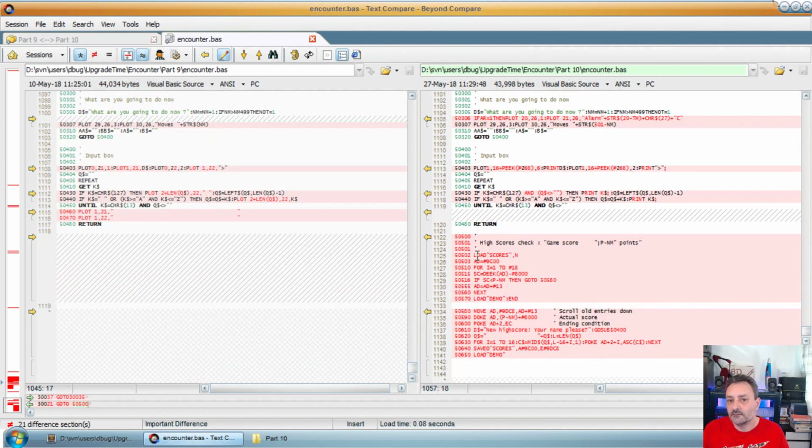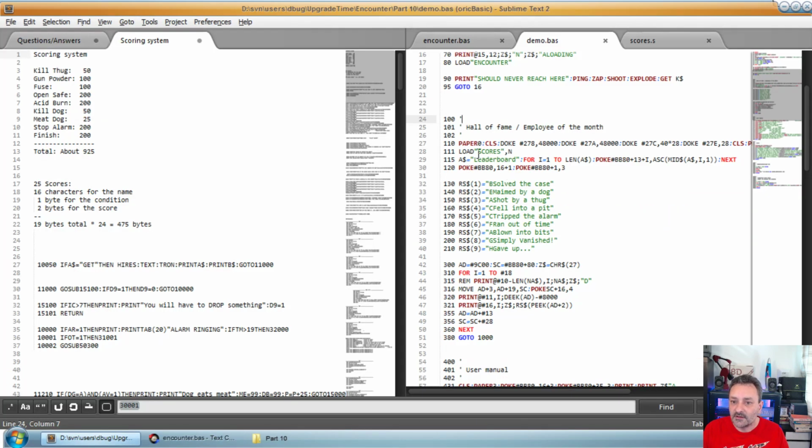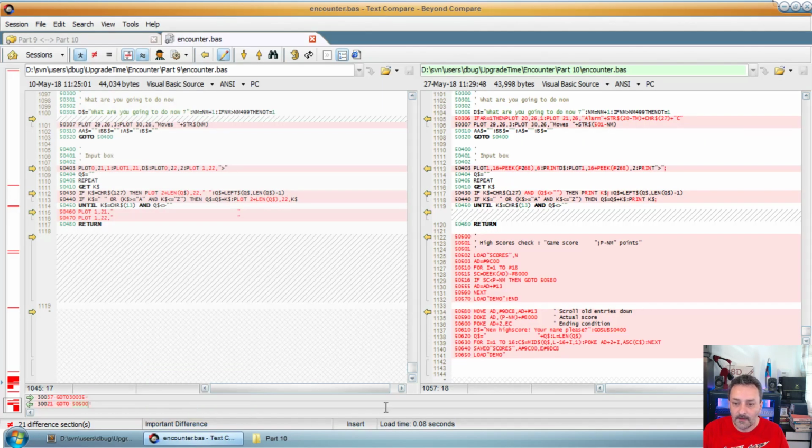So what it does, it's similar to what we had here, loading the scores. It loads the scores and iterating on all the entries, extract the value of the scores and compare the scores to the actual score of the player. If the found score is lower, then we jump here, else we continue iterating, and if we did not find any score which is lower, we go back to the demo. On the other hand, if we found a score which is lower, what we do is